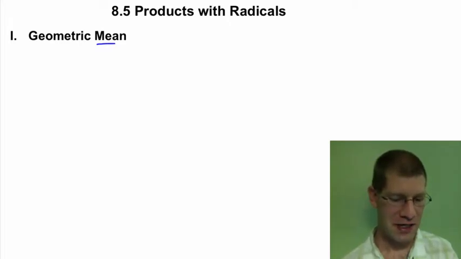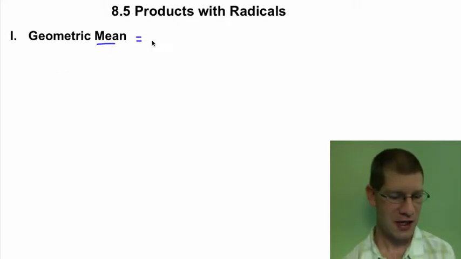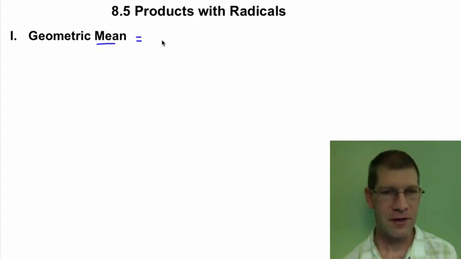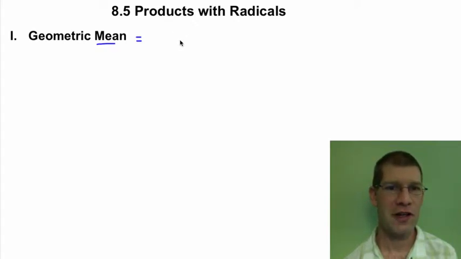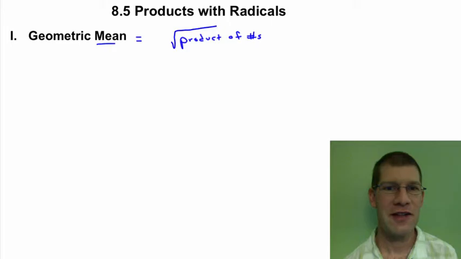So this geometric mean looks this way. I'll just write it here afterwards. So geometric mean equals, instead of adding them all up, we're going to get the product. So I'm going to leave a little space, and I'm going to say the product of the numbers. So now instead of doing 16 plus 17 plus 39, we do 16 times 17 times 39. And then instead of dividing by 3, in that case we do the cube root, but I'm going to say